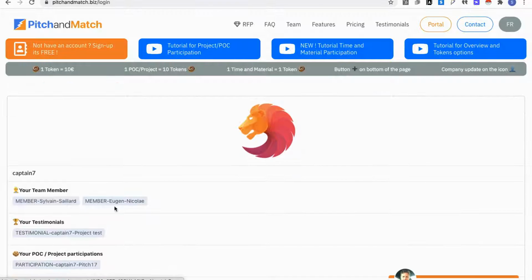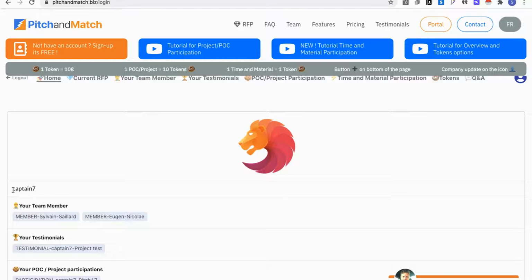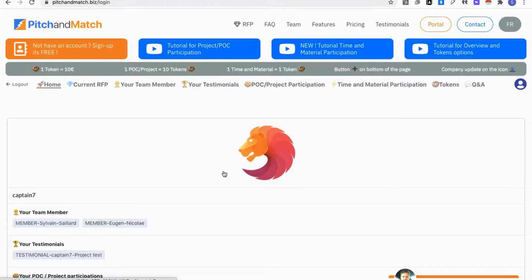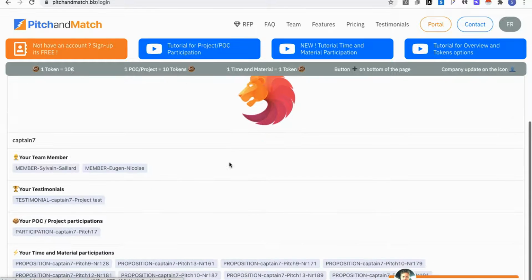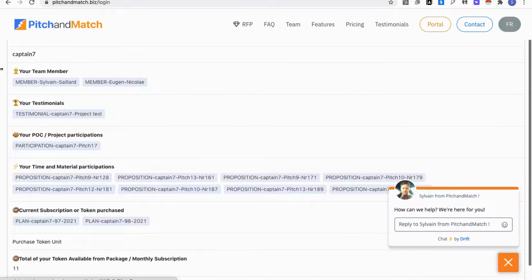The company, in my case, is Captain 7, with the icon, the logo of your company here, and the global information you already input in the portal. As team members, in my case, I have two team members already inserted in my tutorial portal.